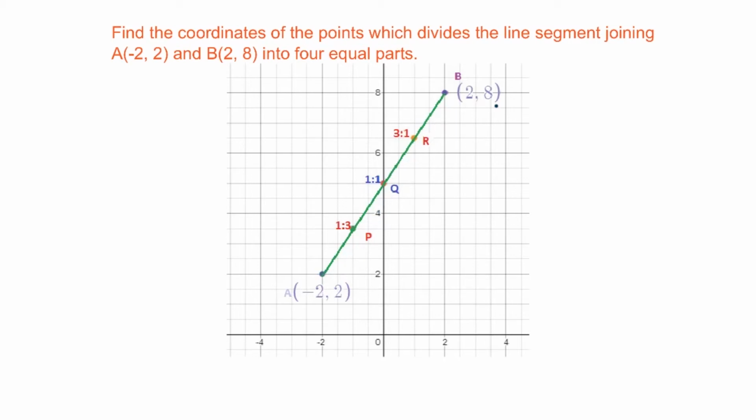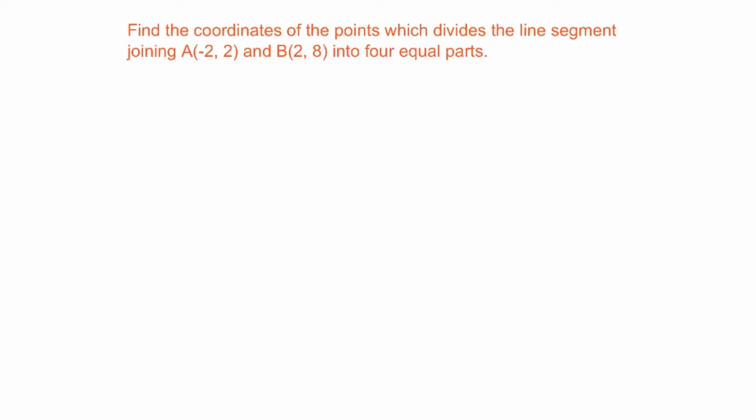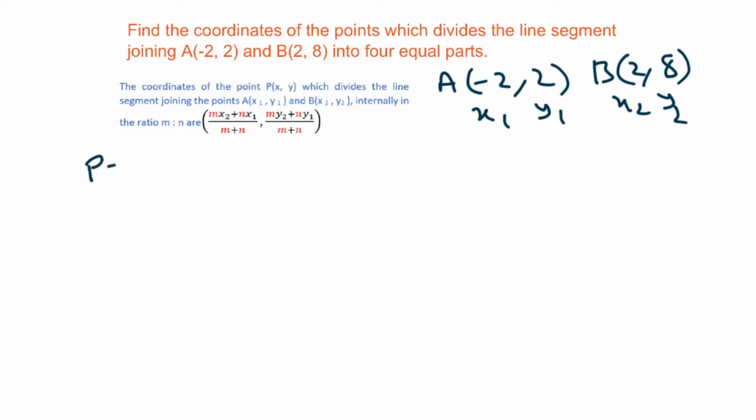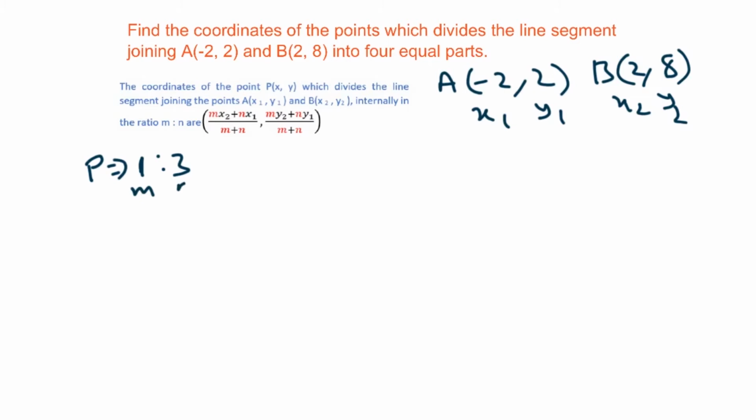To find point P, we have to consider this as x1, y1 and x2, y2, and 1:3 as m:n in the section formula. And to find Q, we have to use 1:1 as m:n, and for R, 3:1. So we can find 3 points using the section formula. First we will find P. P is dividing in the ratio of 1:3, so let us say this is m and n. Now applying this in the section formula,